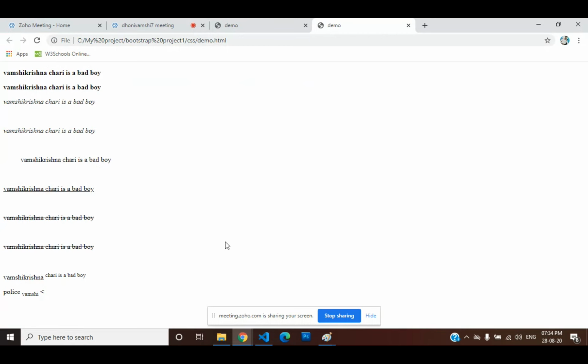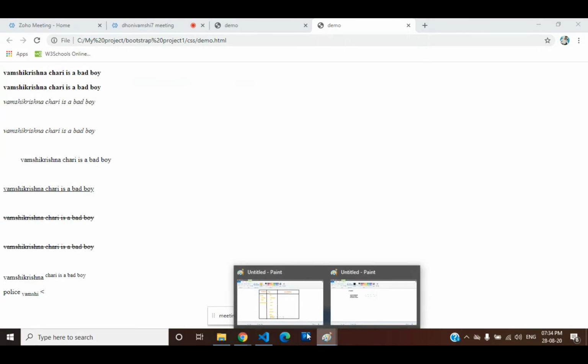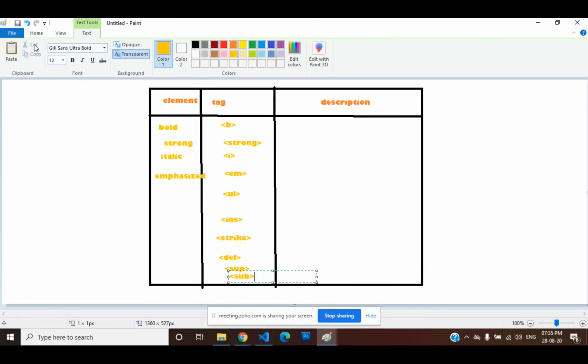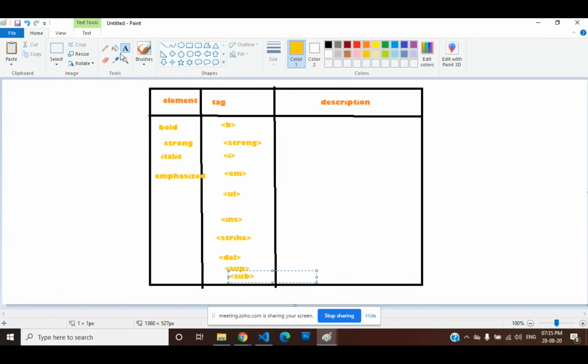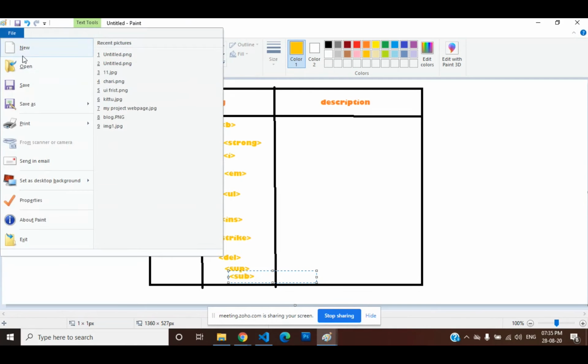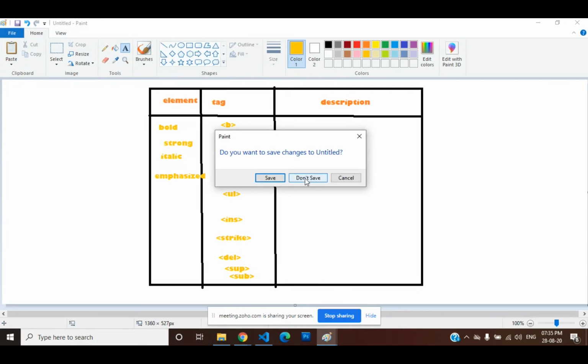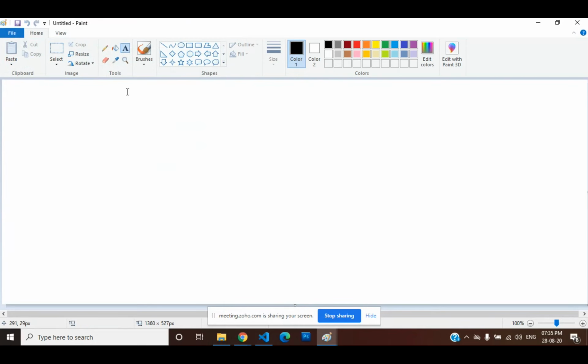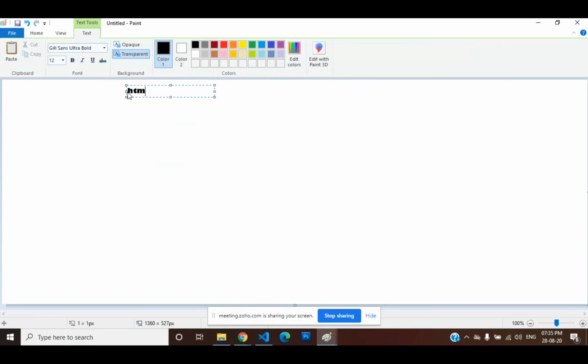Now we will go through the last topic of today's session. Guys, one thing I am saying presently: only HTML is a free course. In future classes I will tell you what I am going to teach. First, HTML, a free course for all people.